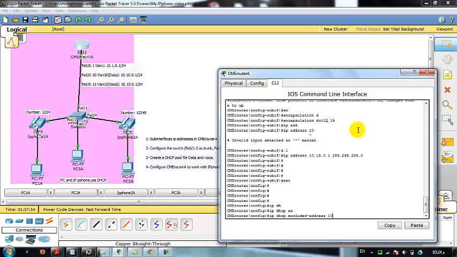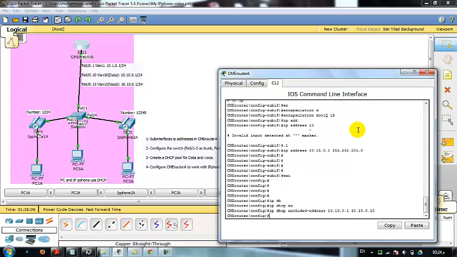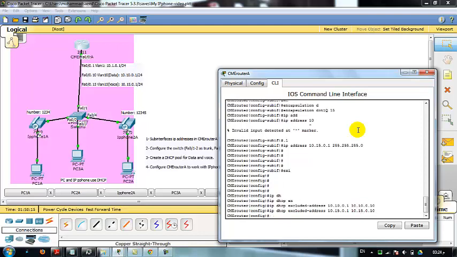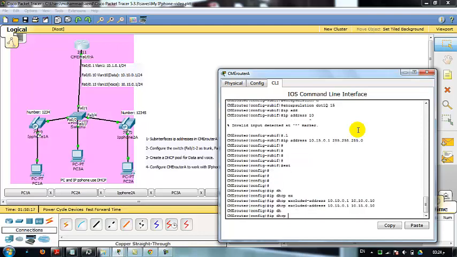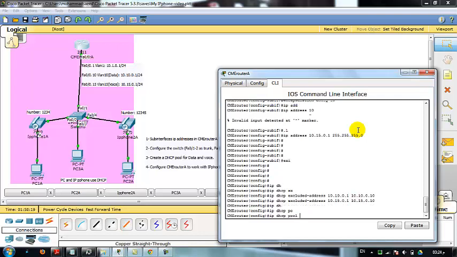So here is 10.10.0.1. I don't want this distributed by the DHCP pool, up to the last one, 10.10.0.10. That's good. And the second one is for the voice VLAN, which is 15 here. I just want to change this to 15. And then the IP DHCP pool. The name is data